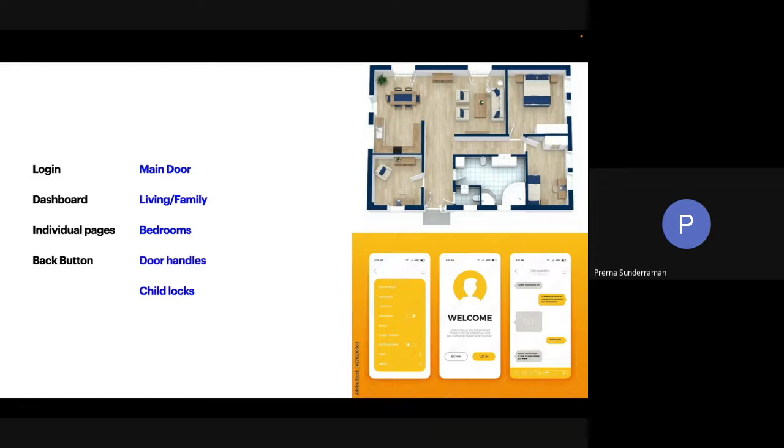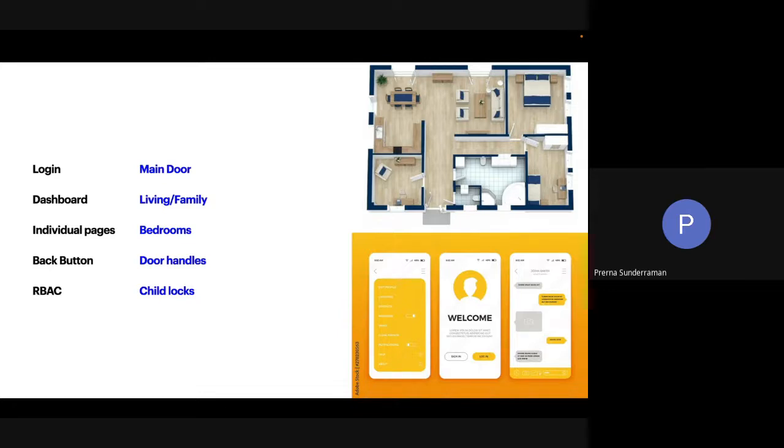Back buttons are in my head, and I'm really interested to hear y'all's thoughts too. Maybe our door handles. A button in an app helps you enter a task and allows the user to get into a mode where they're either editing something or adding something, whatever that task could be. And door handles literally allow you to go into a room, but a lot of times we might forget to give a back button. So imagine yourself locked in a room, you have a door, but there is no handle to get back.